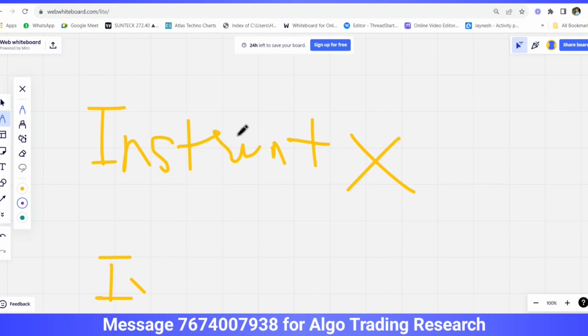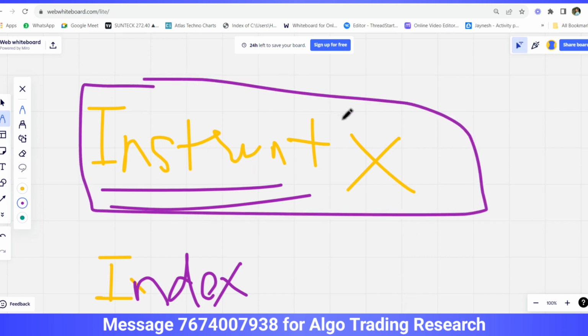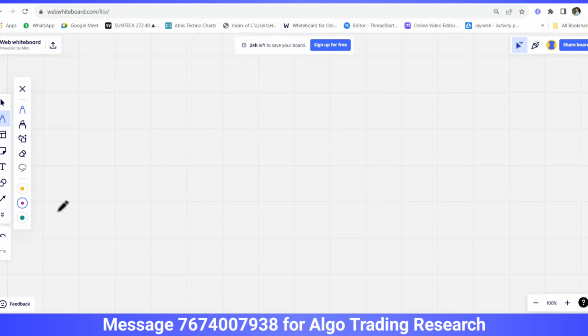See, there will be deviation between live and backtest in the instrument as well, but the difference will be much more if you are trading in the index, the underlying basically, because the spikes will be more in the underlying compared to the instrument here. So this was one thing that I wanted to tell everyone: try to design your strategy on the instrument here. Also, if you are thinking about trading range breakout option buying strategies, think about